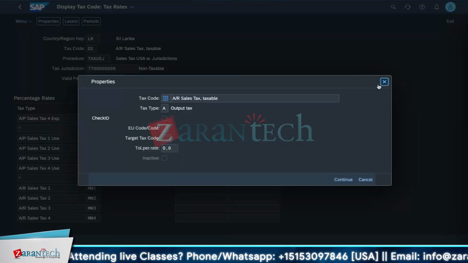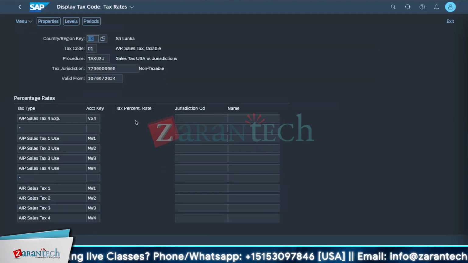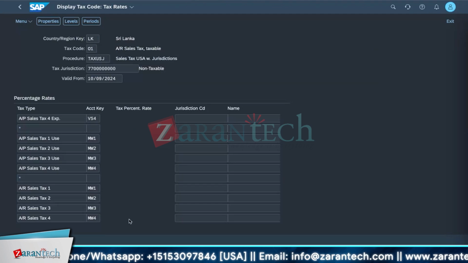Yeah, I don't have to edit because it's already predefined, so it is not asking me to do. But in general, if you want to do any other countries or any other tax rates, you can actually save them. You can write the tax percentage rates, for example, if you want certain sales tax to be used for 10%, 21%, so you can add the rates and simply save that. That's it. So once you are done with this configuration,